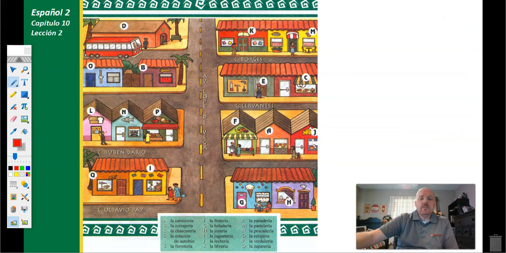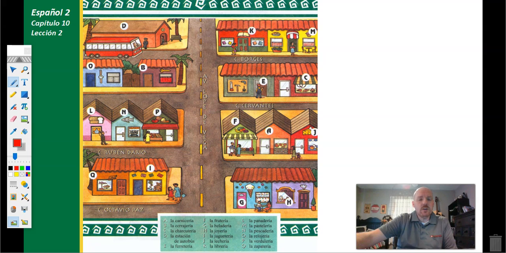A couple of reminders about our store vocabulary. Remember that many times in Español, our stores will have the clue words or the root words at the beginning telling us what is being sold at the store. We can see this specifically in letra J, letter J. We see la lechería. We see at the beginning of the word that leche is milk. -ería tells us that it's a place where milk is sold. So la lechería would be a dairy or a milk store.